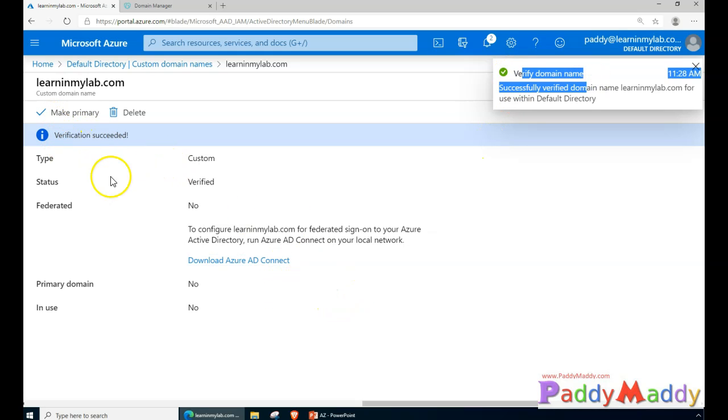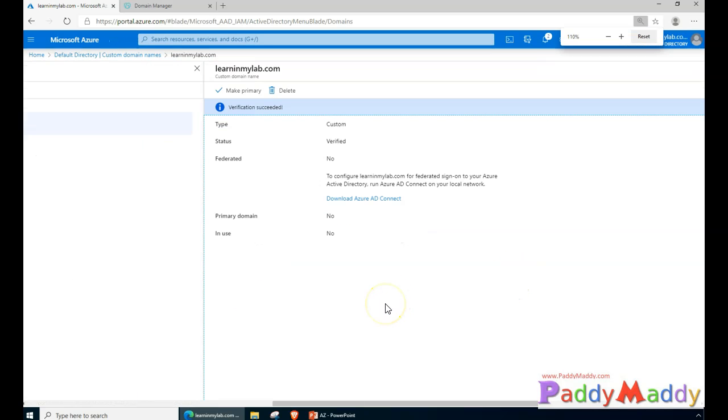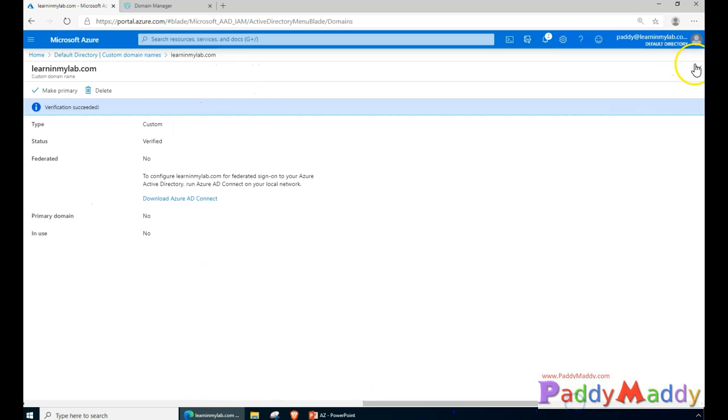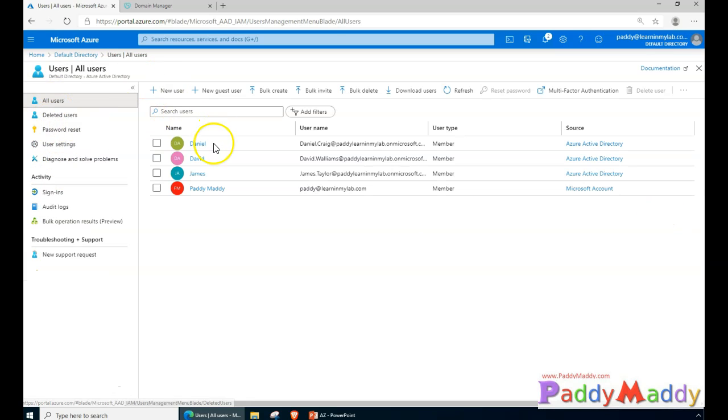And you see here, it's not yet made the primary. I just wanted to show you that it also says you can download AD Connect and sync up. I'm not going to do anything now. Instead I'll simply close this window, and you see here both are verified now, but it's not made the primary. That means when you make it the primary, the user names will change to